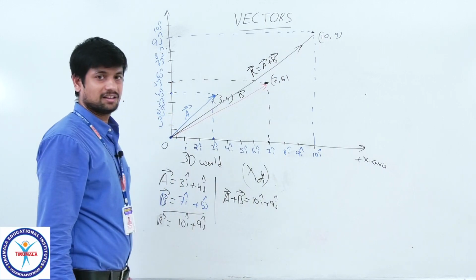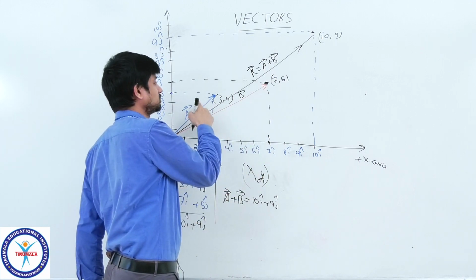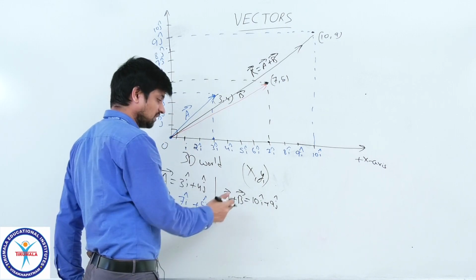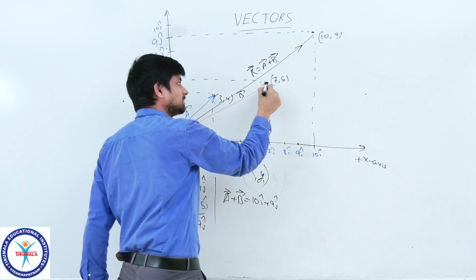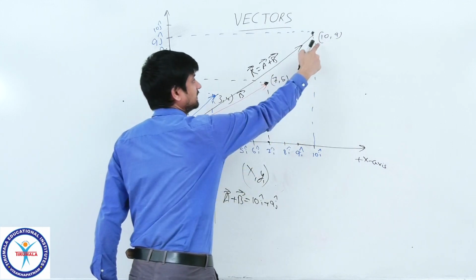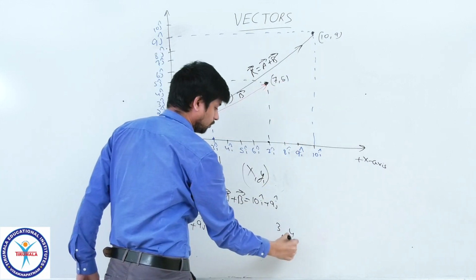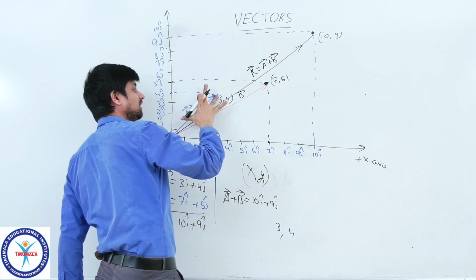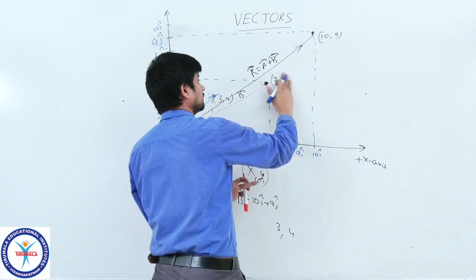See, children, this is the position vector of B, this is the position vector of A. Now, A bar plus B bar, I got 10i plus 9j. So, here this is B bar and this is a resultant. Between this point and this point in the coordinate geometry, what is the difference, children? 10 minus 7, 3, 9 minus 5, 4, 3, 4. Look at this here. So, from this one to this one, how much length? The same length here. The same length here.